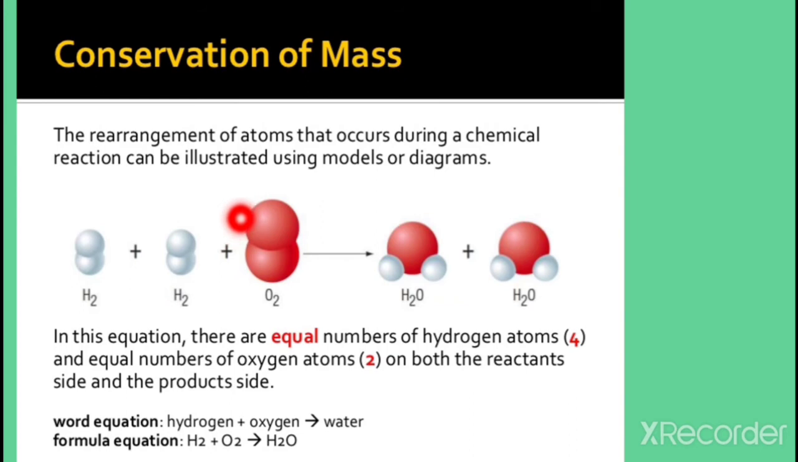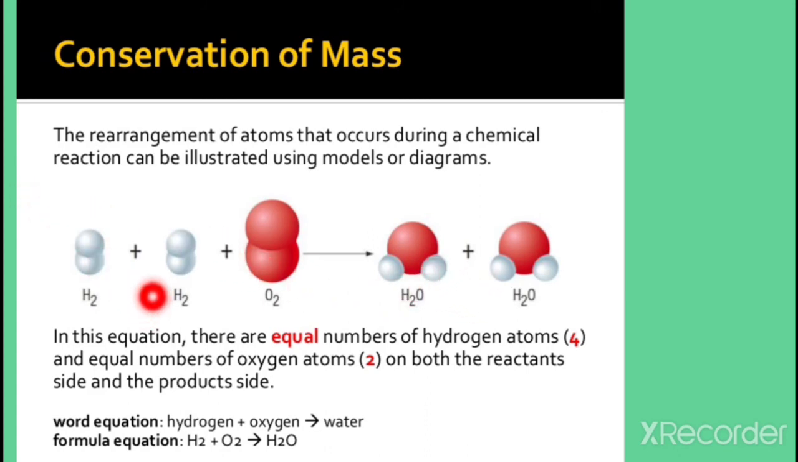Here two hydrogen molecules, that is, two hydrogen atoms each, and two oxygen atoms. That means two molecules of hydrogen and one molecule of oxygen, totally 6 atoms. We can convert them into another 6 atoms with a different arrangement. You can see that here